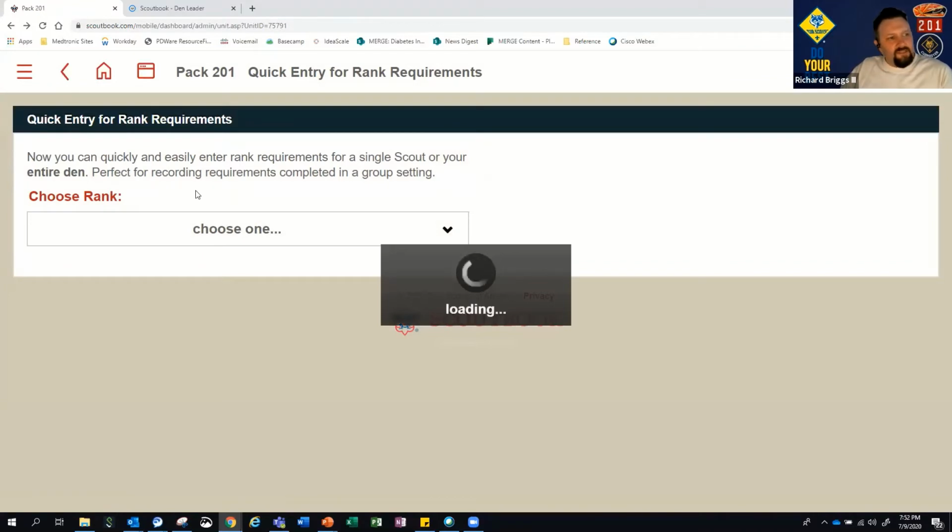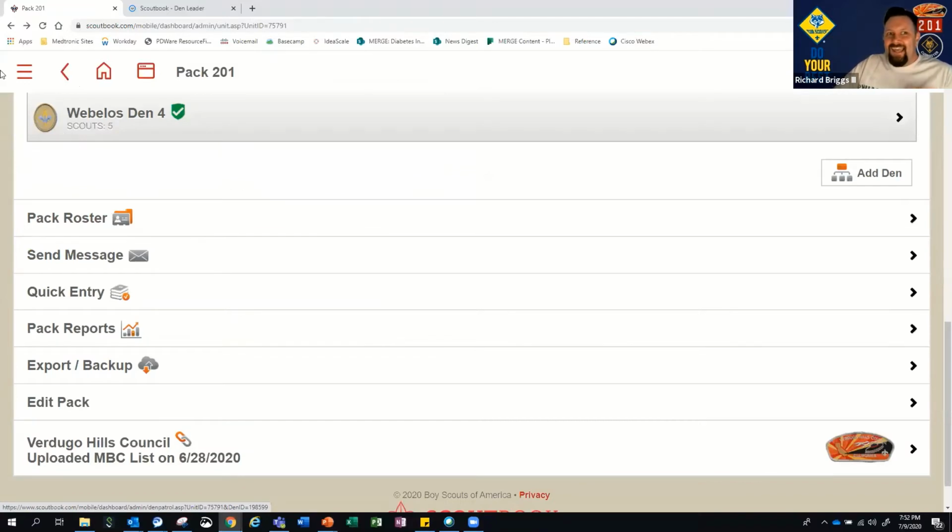I'm not sure exactly why that wouldn't let me do the wolf one for my wolf den, but that may have something to do with the date. But for me, that's the easiest way. And checking that box that says leader approved is super, super, super important. I know I've said it like 3 times. I can't tell you how important it is, especially when you go to